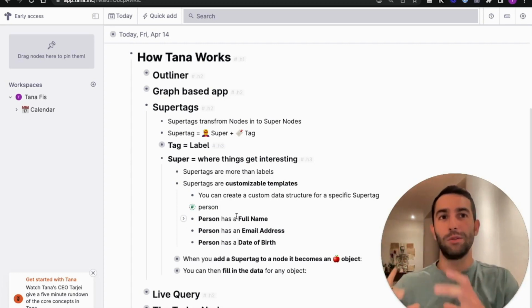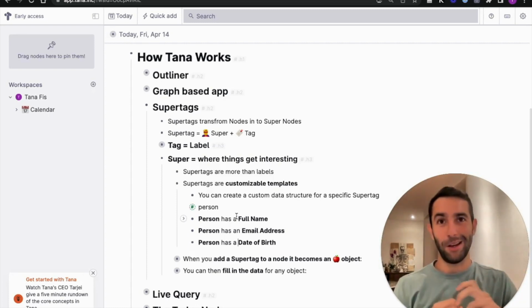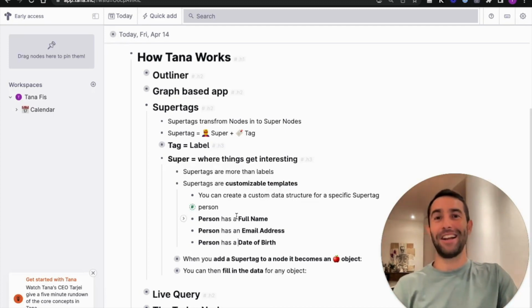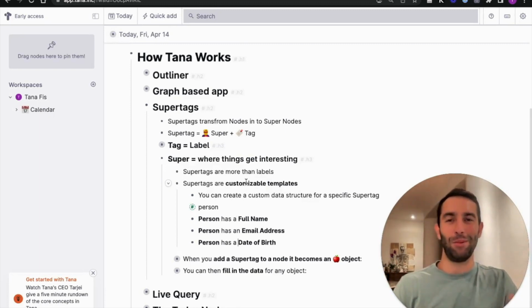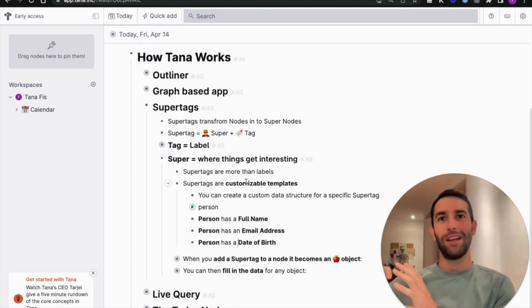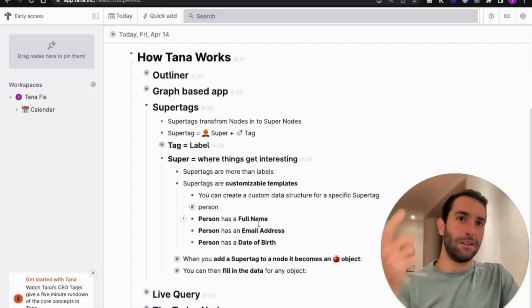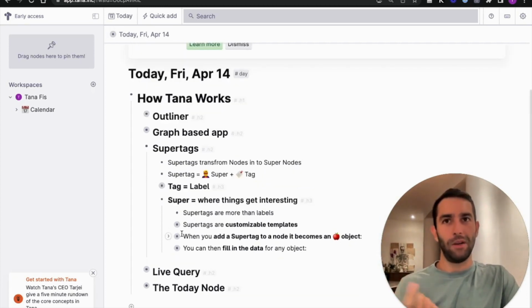And if I were to model another thing which is not a person, for example a fruit, we'll get there later, I would have other characteristics because fruits don't have email addresses. So what Tana enables us to do is create a custom template for each category that we're dealing with. For person, these are a set of attributes that I could use. But of course, there are many other examples.